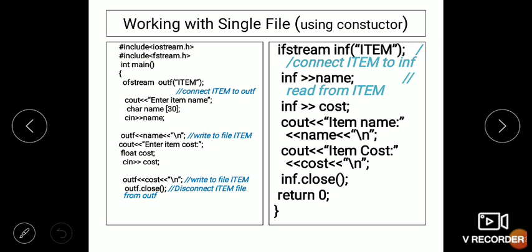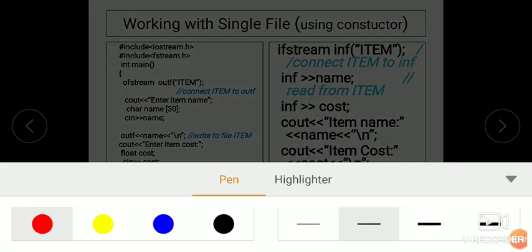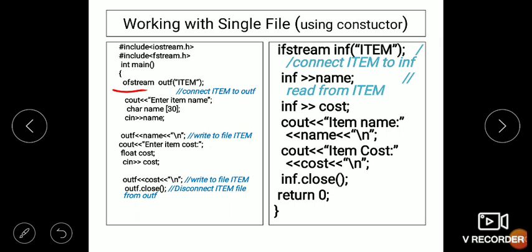Now look here, this is how we are declaring as usual: header files, started main, then ofstream outf(item). Look, within parenthesis we are giving item, that is the name of the file, to the ofstream object outf.